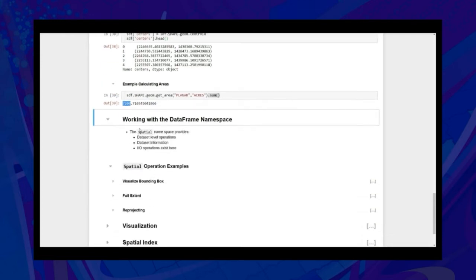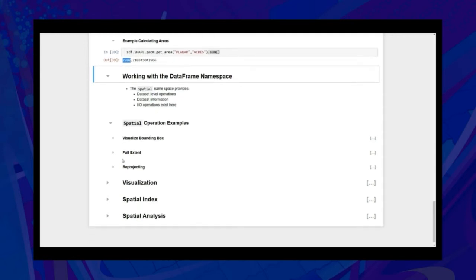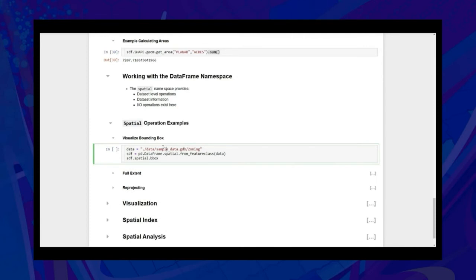The spatial namespace provides data set level operations. And so that means you get data set information. And this is where the I/O, the read-write operations exist. Let's take a look. Let's reload that data set back in, the zoning data set, and we can look at